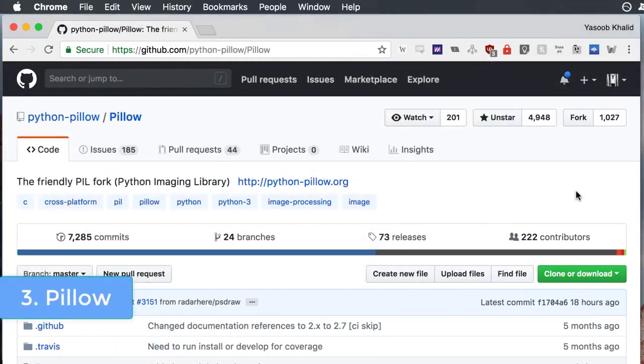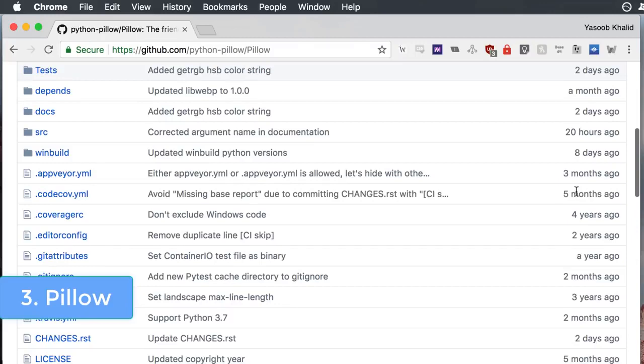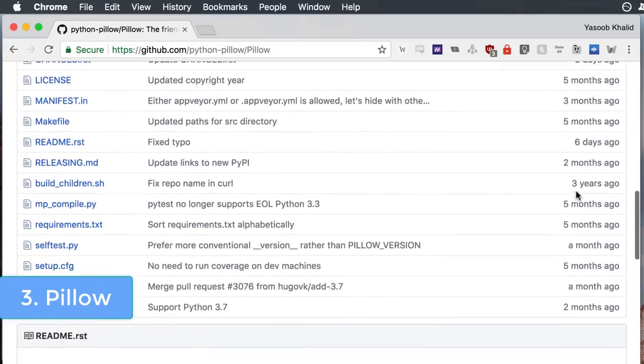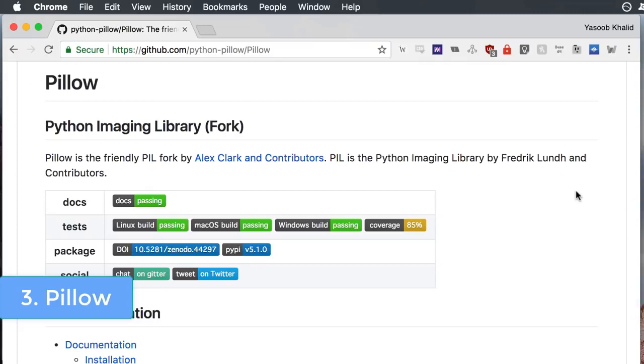How many times have you ever had to manipulate images by hand? What if there was a library which you can use to automate boring image manipulation tasks? Well, look no further. The Pillow library does exactly that. You can use Pillow to crop, rotate, scale and sharpen your images. You can also create thumbnails and do all sorts of crazy image manipulation tasks with this extremely useful and simple